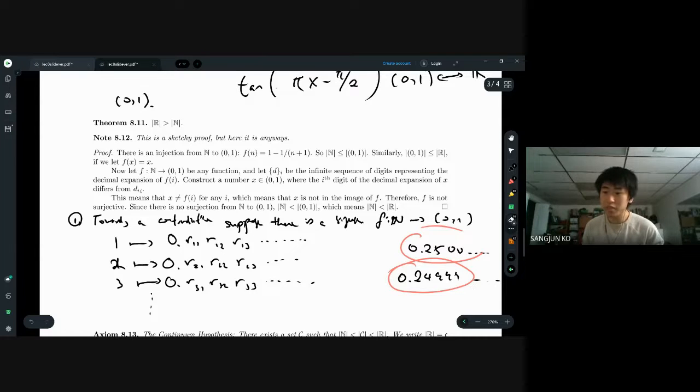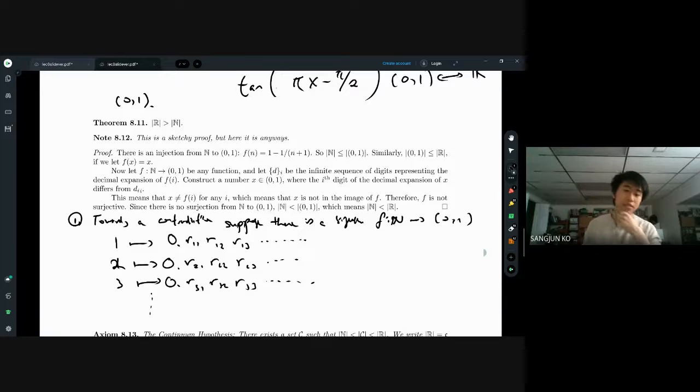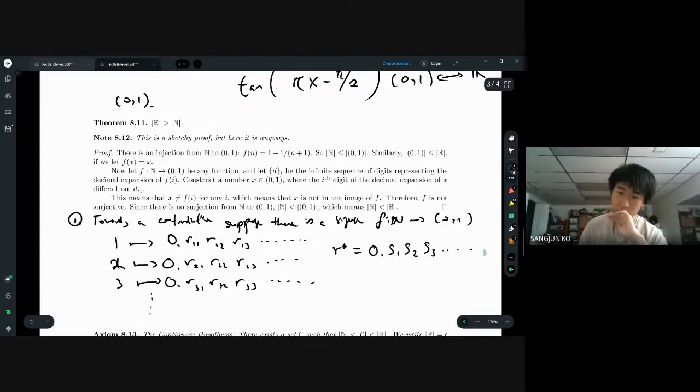Okay, so that means we have a consistent way to write down every number between 0 and 1 using decimal expansions. Great. Now consider the number, let's call it r star, given by 0.s1 s2 s3 and so on, where s1 is given by, let's say